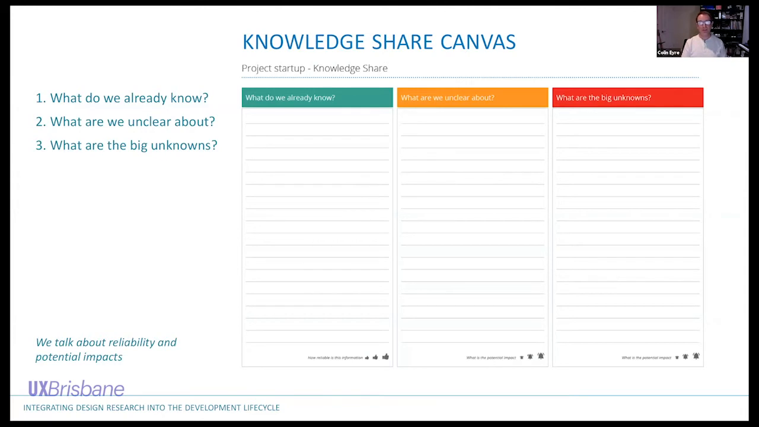It's broken up into 3 columns: what we know today, what we're unclear about, and what are the big unknowns. So the first column, what we already know, this is usually the head of product or a key stakeholder, or it could be any one of our UX designers, just doing a playback for the team of what we know today. And how do we rank this? If you look down the bottom, we rank it on reliability, like how reliable is that information? So if I've gone off and done primary research with a number of our customers,